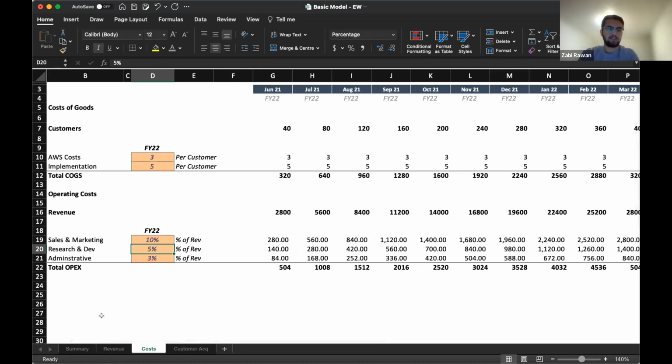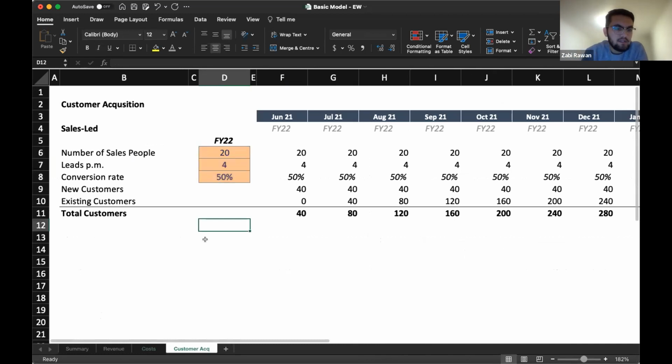Yeah, I had a question. So with your customer acquisition, for example, you had your salespeople and the leads and stuff like that. The more salespeople you get, the fewer leads each sales rep could realistically get. So essentially there'd be some sort of tapering. Is there any effective way to model that out? Because it doesn't just consistently grow, it obviously tapers out at some point. Does Excel allow for that efficiently?